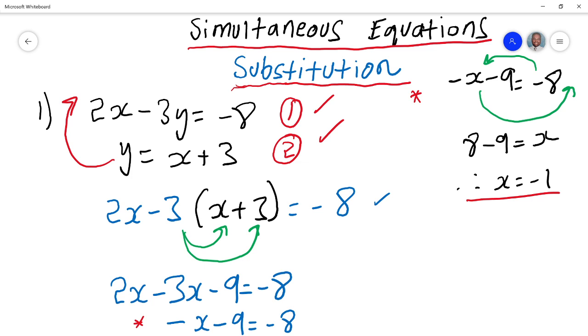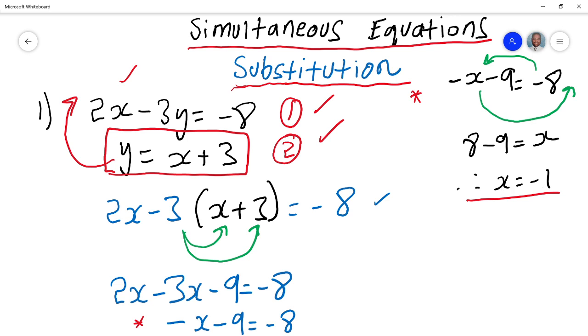So between equation 1 and equation 2, I'm more happy putting the value of x in this equation because it's easier to solve. Of course, you can put the value of x as negative 1 in your first one, but it might take longer to solve. So you want to make your life easy. All right. So what I'm going to do is put the value of x as negative 1